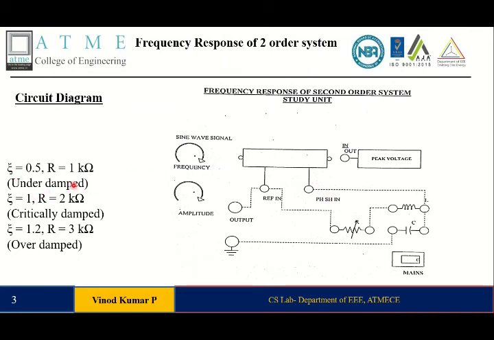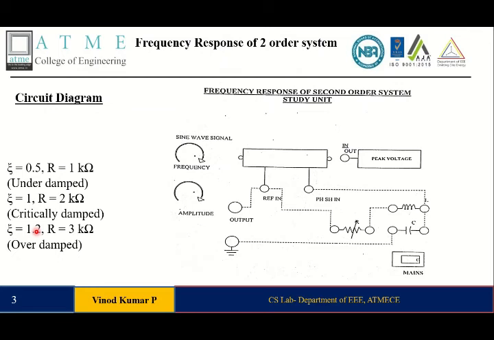So for an underdamped system, zeta will be less than 1, that is in between 0 to 1. So the R should be 1K. And for a critically damped system, zeta will be 1, that is, R we have taken as 2 kilo ohm. And for an over damped system, R will be set to 3 kilo ohm and zeta will be greater than 1. So here you can obtain the characteristic equation, compare and find out the roots for